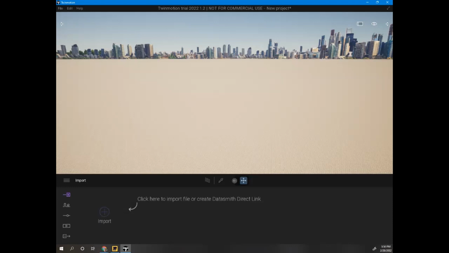So Twinmotion runs from Unreal Engine. It runs on the same engine as Unreal Engine, but without a whole bunch of the very highly complicated features that Unreal Engine has, and just gives you the bare bones of what you need for architectural visualization. That's a target area. We're going to push the limits of what this can do with our movie